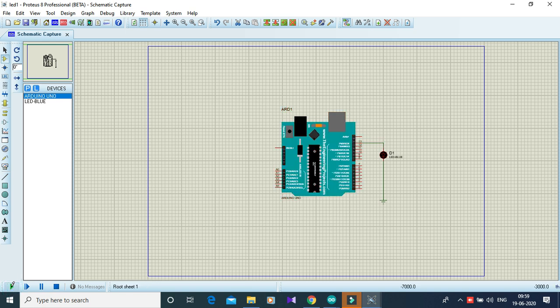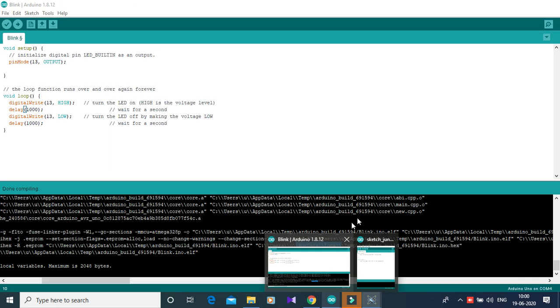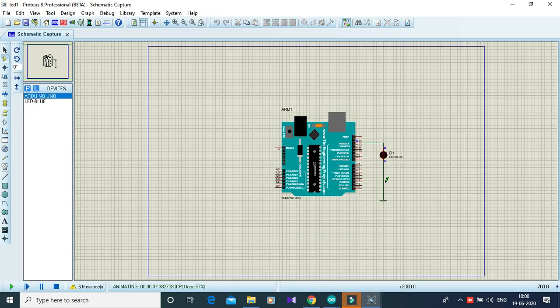After that, if you click OK, the LED will blink. It will blink for 1 second delay and turn off for 1 second delay. You can increase or decrease the time period and verify the output. As well, you can connect 2 or more LEDs and write the code based on that in the Arduino UNO, and dump the code and check the output.